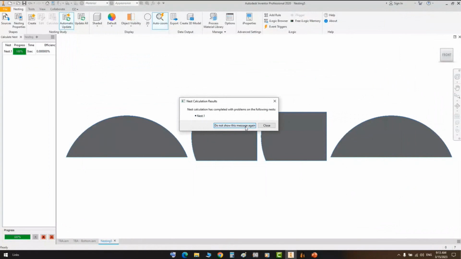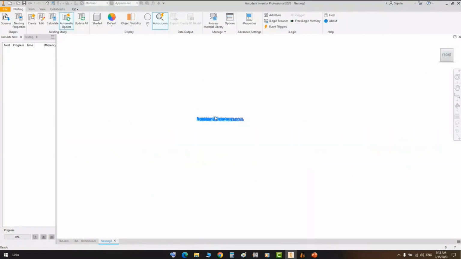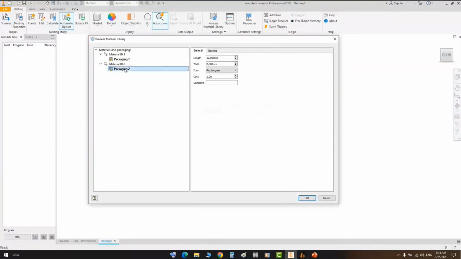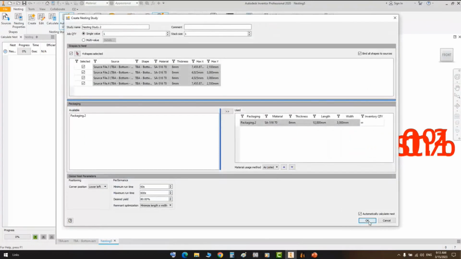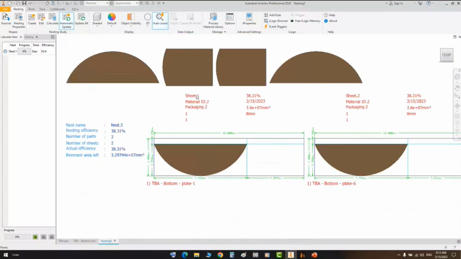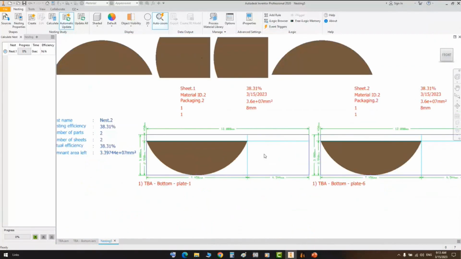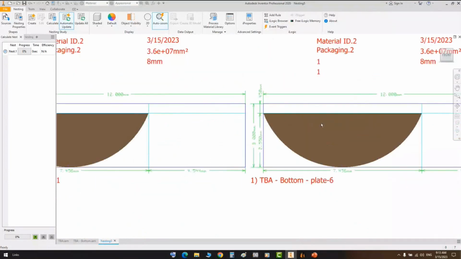One of them is greater than the available plate dimensions, so we need to increase the width a little bit. So from the process here, let's change one like that and click OK. Now we have the plate arrangement like that. So you can see that you can